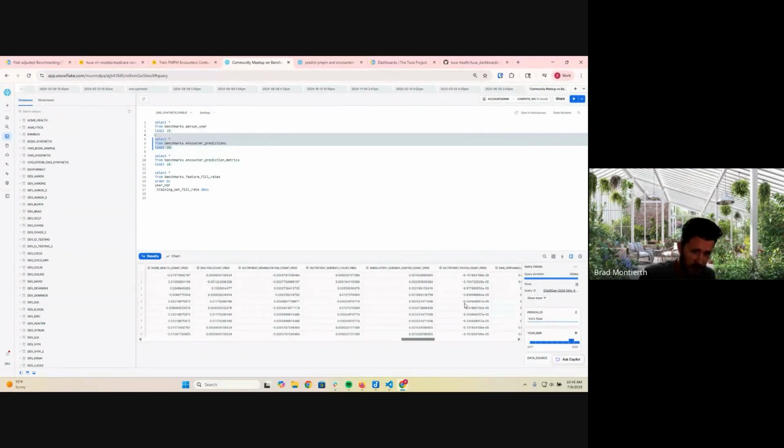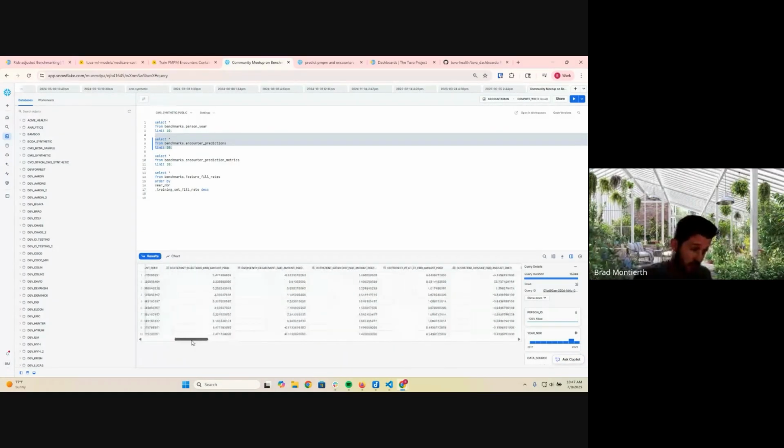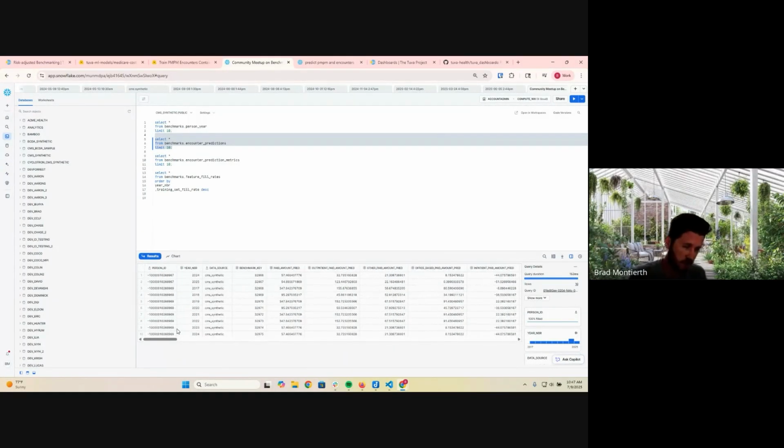And this CMS synthetic data set, while being free and great to use for some purposes, there is virtually no correlation between conditions that members have and spend on the claims. And so the predictions here are, I think, an R squared of like 0, right? So not great for actually demoing the predictive power of the models themselves. Okay, so if your goal was just to get predictions and have them in a table to use, then you're done, right?